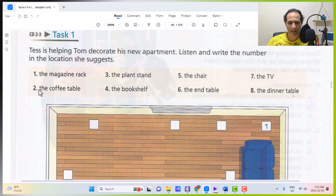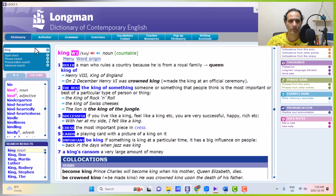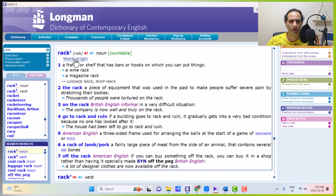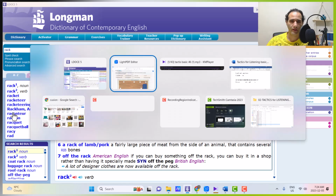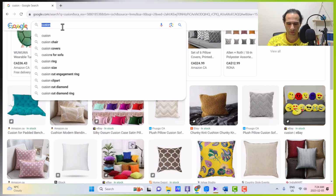So, what is a magazine rack? Rack generally means a place to put things in. See what Longman says? Rack: a frame or a shelf that has bars or hooks on which you can put things. A wine rack. A magazine rack. Even dish rack. So, if we go to Google Image and go for the word magazine rack,